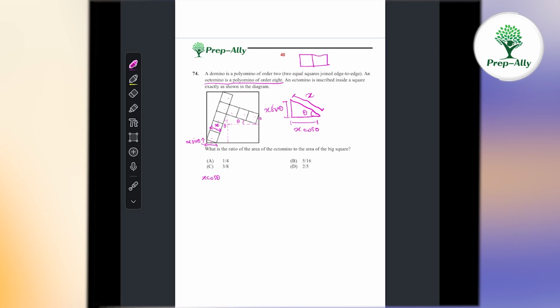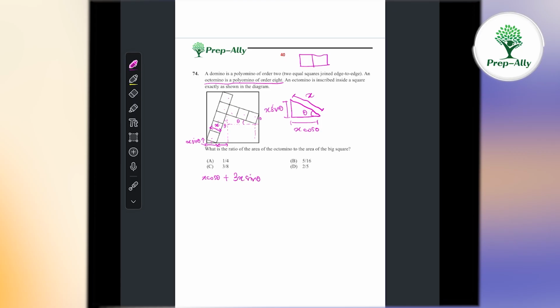And so this triangle is just a 3 times bigger version of this triangle, right? So this length is 3x sin theta,